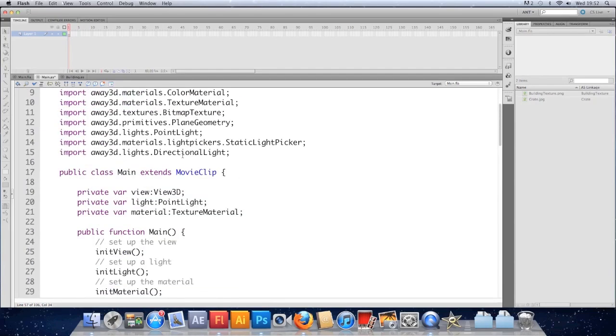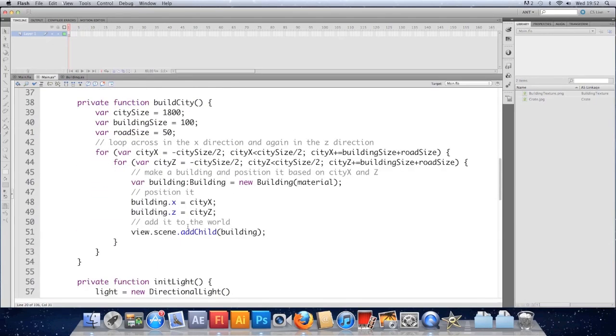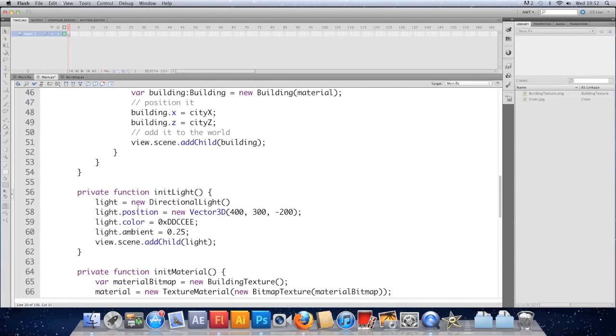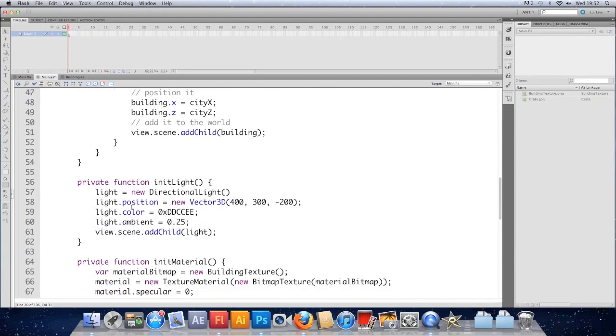And let's just check, yep, lights.directional light. You're going to have to update the variable, so light needs to reflect that. Directional light, back to where we initialize it. Now that it's directional, it needs somewhere to point. So I imagine by default it just points straight forward. We want it to point back